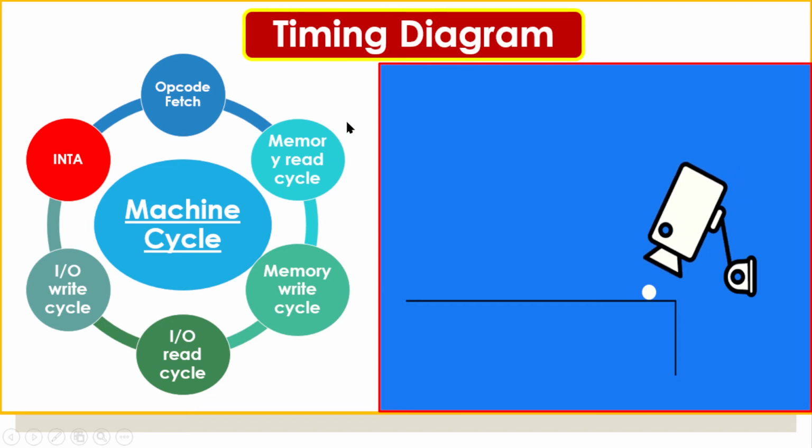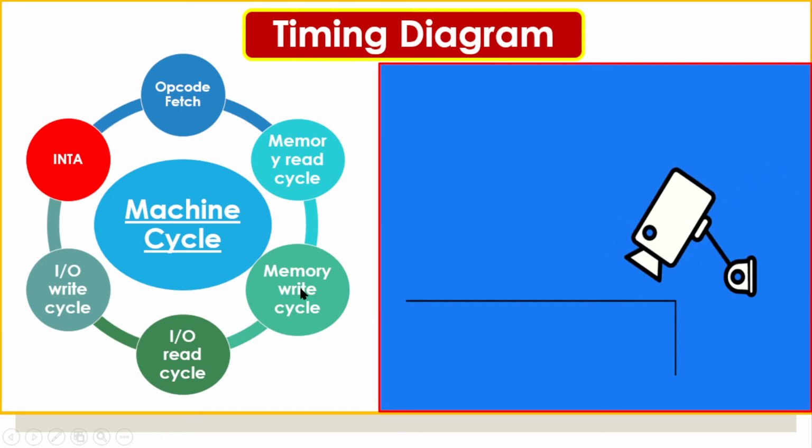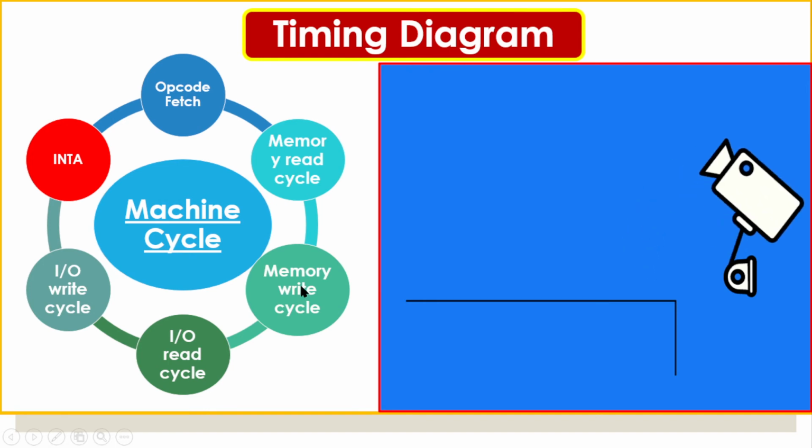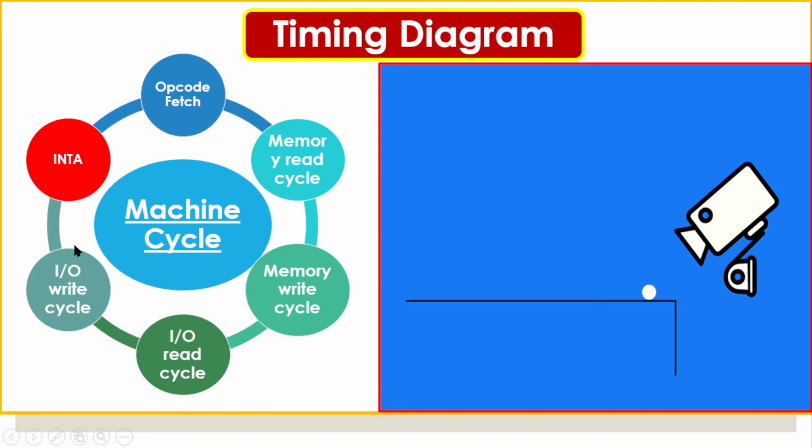So here, the machine cycle: what are the functions it will do in minimum mode? In minimum mode, the microprocessor will perform opcode fetch, memory read, memory write, IO read, IO write, and interrupt acknowledge. Only these 6 functions will be repeated by a microprocessor continuously, whatever the application we are using, it may be multimedia watching or internet browsing or any application, even if you are working with a document. But as far as the processor is concerned, it will repeatedly do these functions.